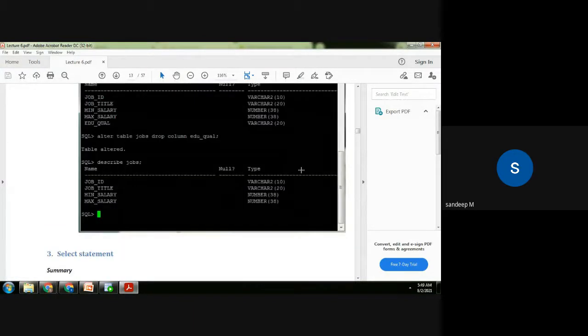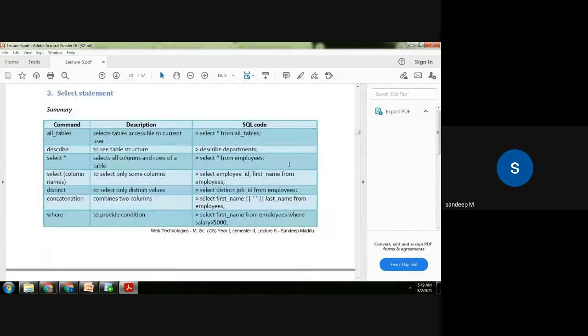Coming to a very important command, select. Select will be selecting the required rows. Usually in commercial applications you need to select from the database. Say for example, you go to the Amazon website and search for a particular product. You want to buy a laptop and you enter Dell laptop. You don't want all the products listed on Amazon, you are interested only in laptops, and that too Dell laptops.